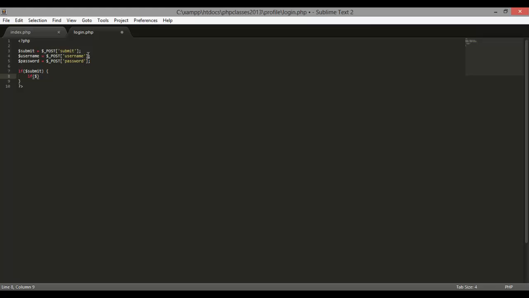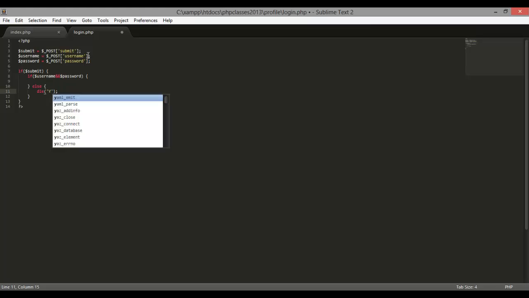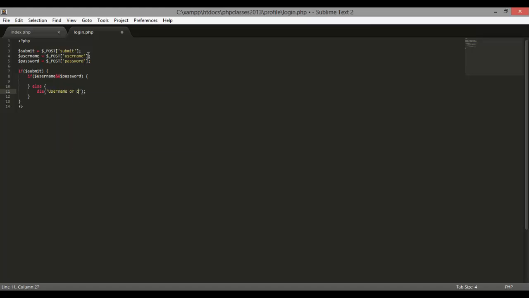and the password variables. So we're going to say this and this. Then we're going to say else, and you can put this as die. That really doesn't matter. You can say it